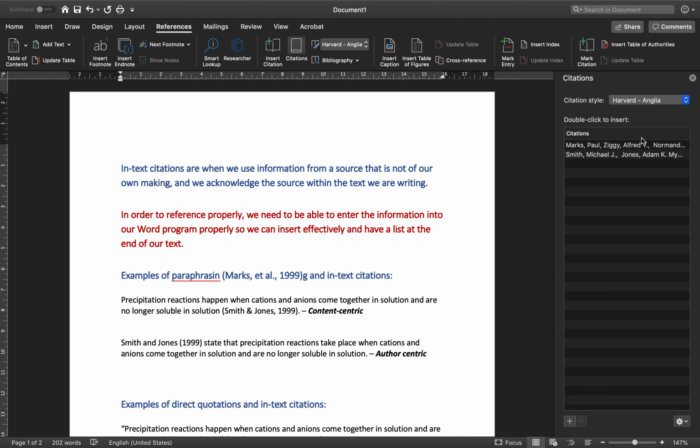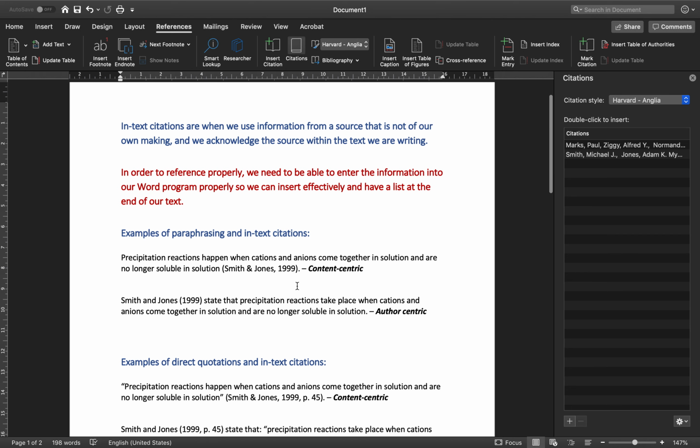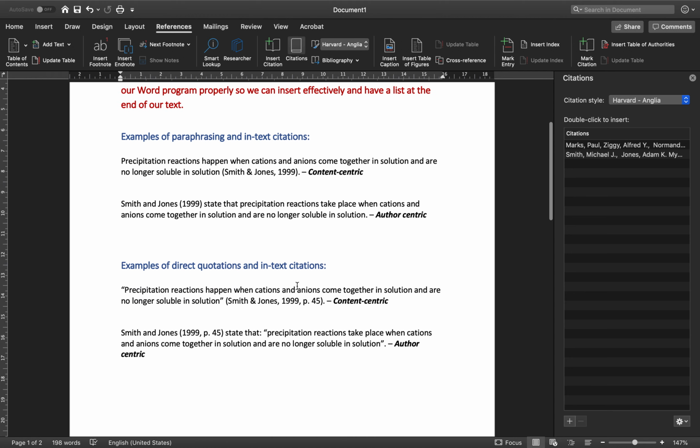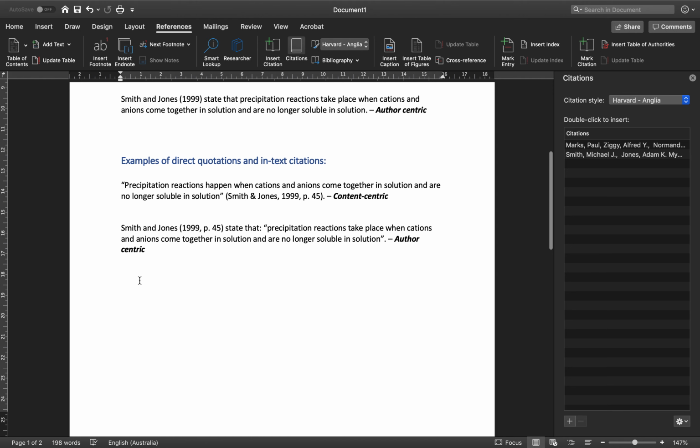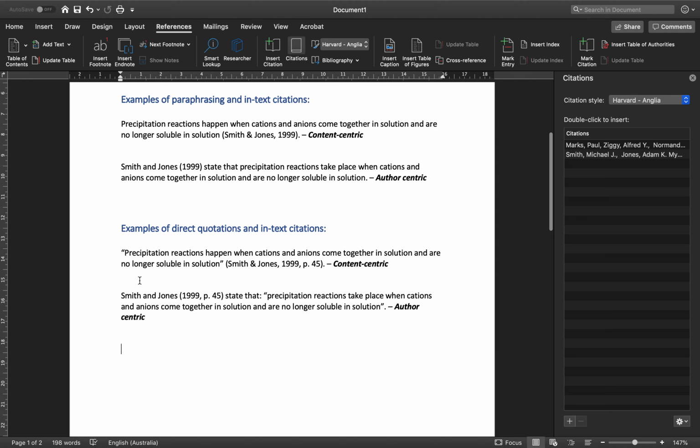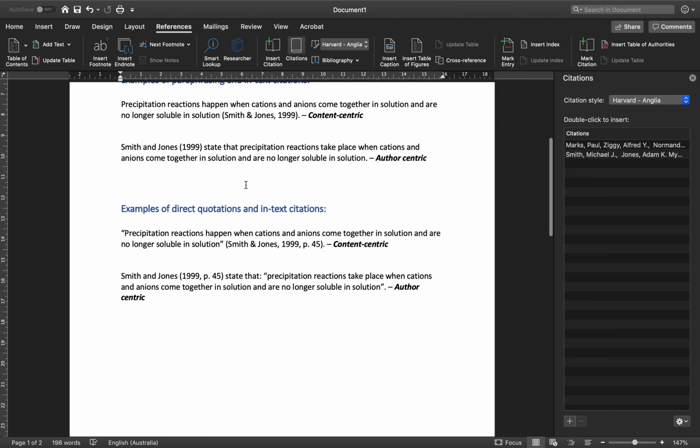So what we've seen here is on this side, our new citation is listed, and where I had my cursor, it actually inserted the citation. But that's okay. We can actually remove it just basically by highlighting it and clicking delete. And so it's not going to be there anymore. But if I do want to insert that information into my sentence, let's say I come down here, and I'm going to do a paraphrasing sentence, where I'm going to have it content-centric. So I could say,